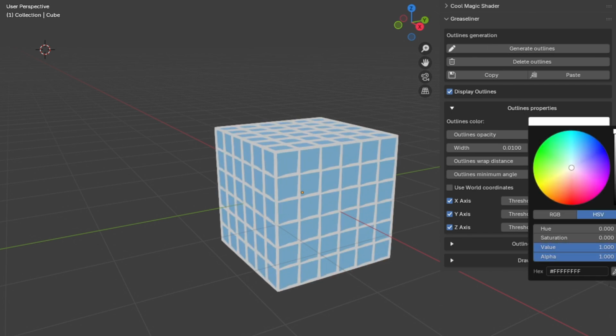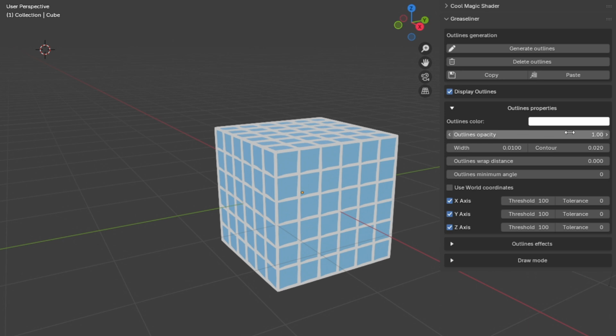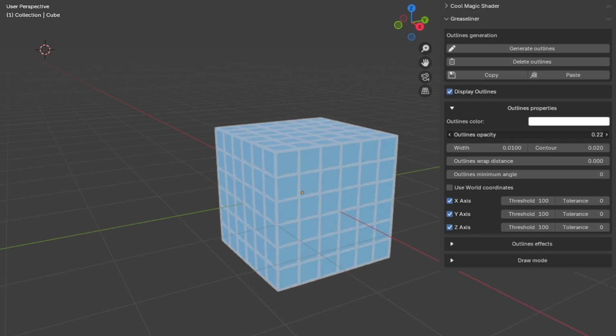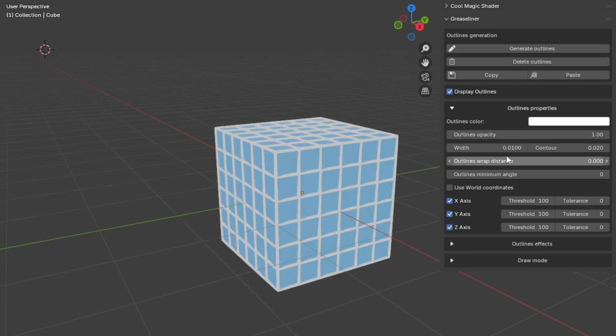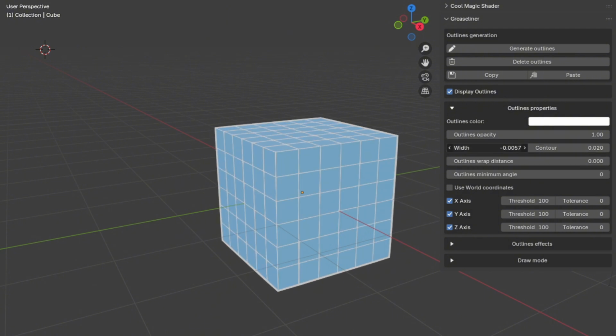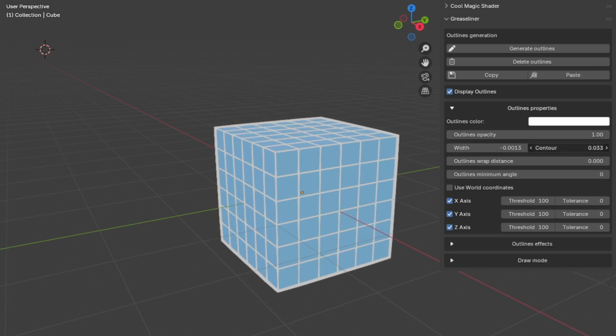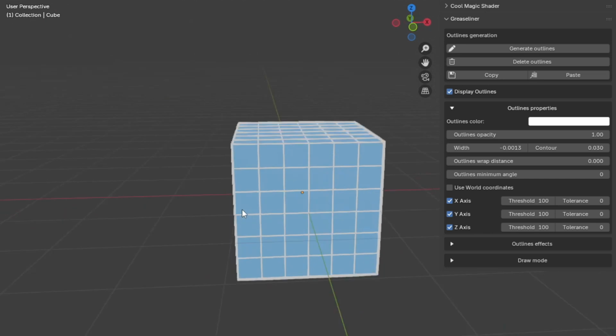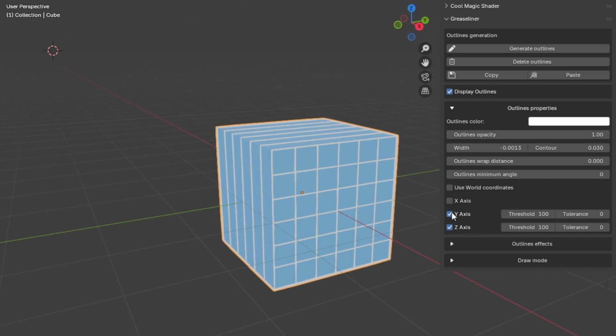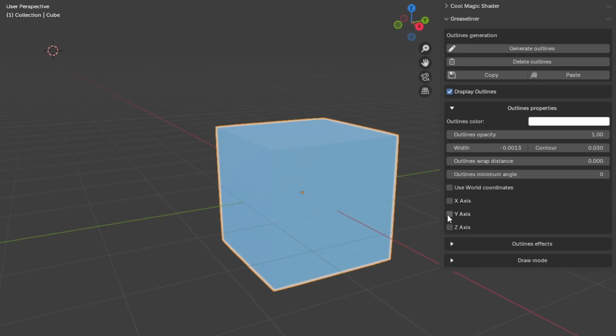lines color, lines opacity, and width of the lines, and of the contour. The X, Y, Z axis parameter will let you specify lines to generate depending on the